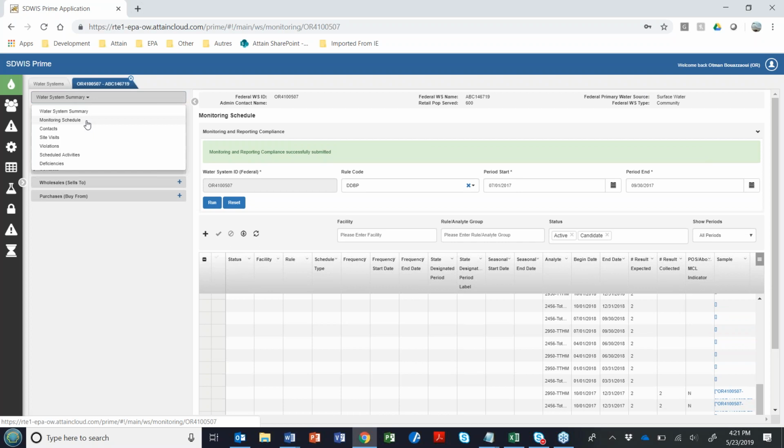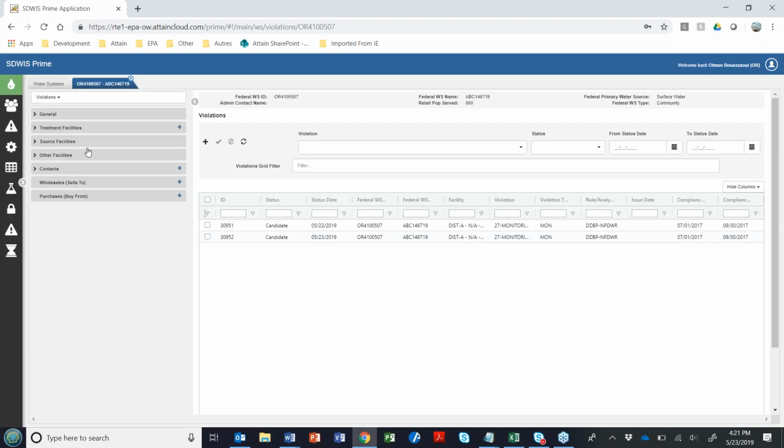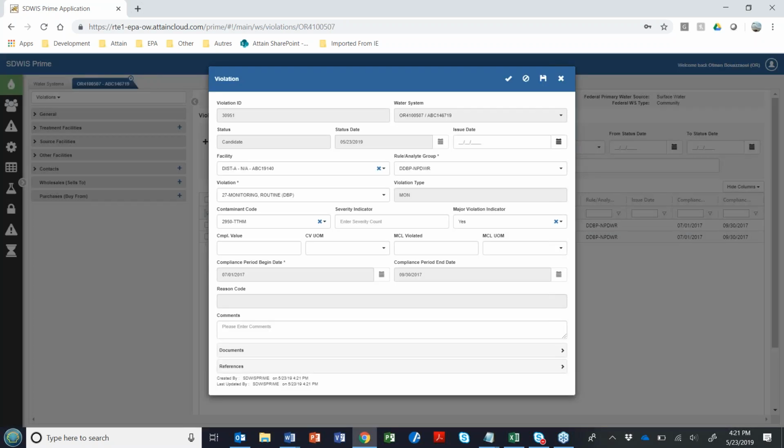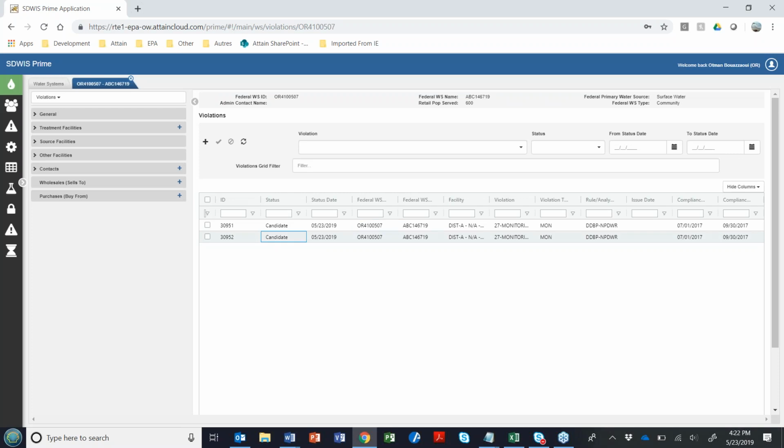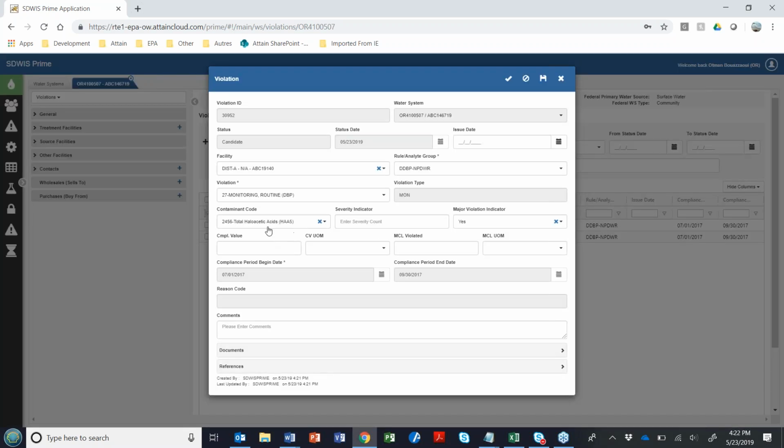So the BRE took that and created violations as a result. It went ahead and looked for the samples that were collected in September, found out that they were not collected within the appropriate time frame, and it created violation 27. One for TTHM, you can see here the compliance period is the third quarter of 2017, and one for HAA5. Again, they were created a few seconds ago as a result of that MNR compliance.